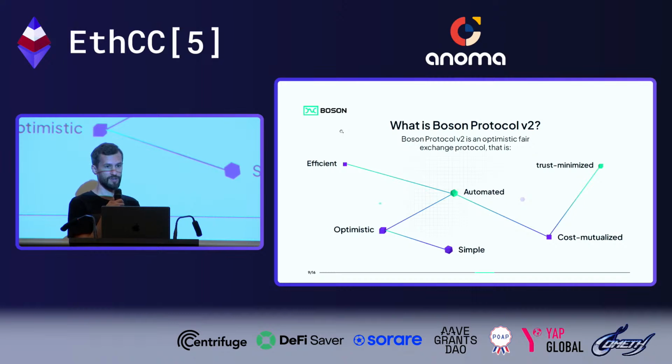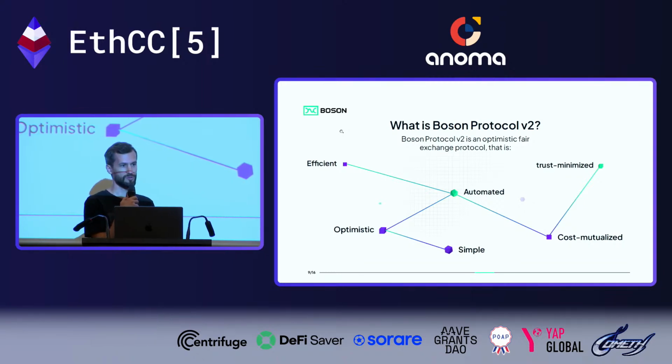A big focus was on simplicity. It helped with the design for the user experience as well as developer experience. It is trust minimized because the escalation to a dispute resolver, who is a commoditized service provider, is only by exception, and the dispute resolver has only minimal market power. We say that it's cost mutualized because we mutualize the costs of escalation across multiple seller transactions to reduce the impact on transactions, especially low-value ones.